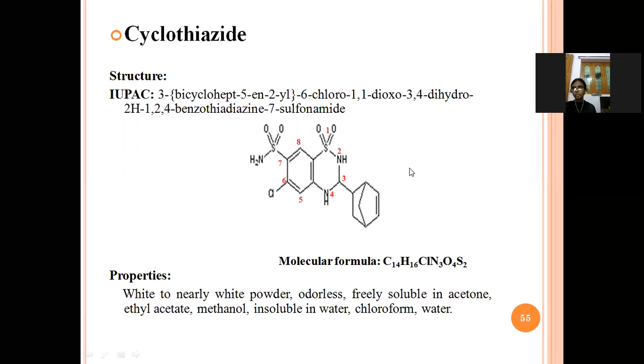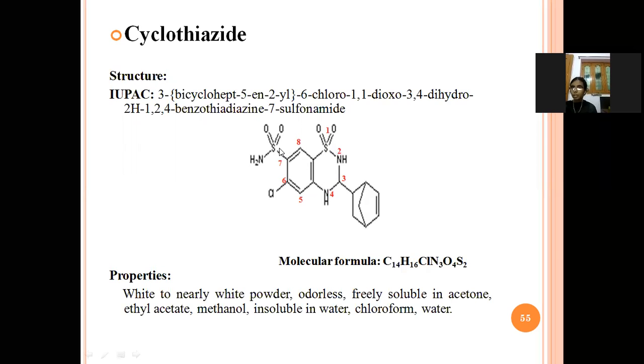So this is the structure of cyclothiazide. An IUPAC name is 3-bicycloheptane 6-chloro 1,1-dioxo 3,4-dihydro 1,2,4 benzothiazine 7-sulfonamide. See here, this is a benzothiazine. This is a benzene. Thia means sulfur. Aza means nitrogen. Two nitrogens are there, so it is named as diazine. So 1, 2, 4